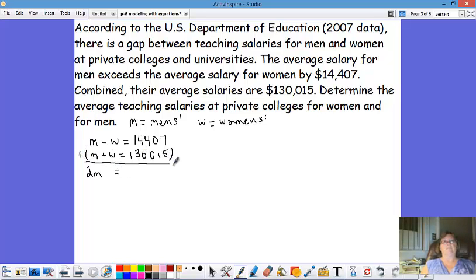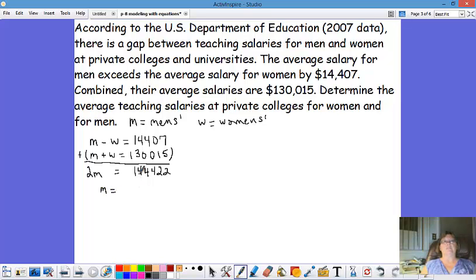On this side, when we add, well, you're going to watch me add. 7 and 5 is 12. We carry the 1. 4 and 0. 4 and 0. 1 and 3. And 1. All right, so 2 m's are the same thing as